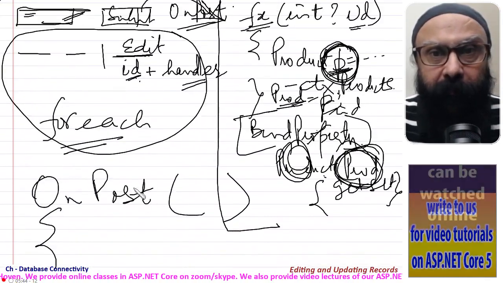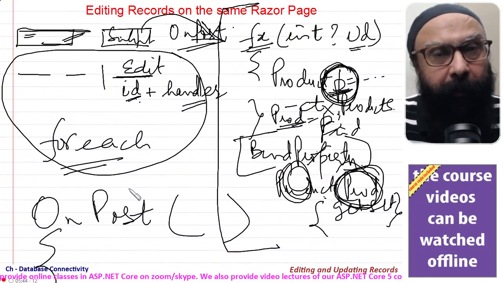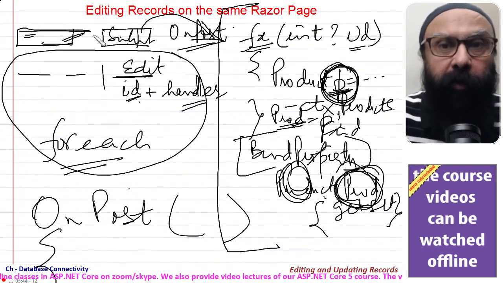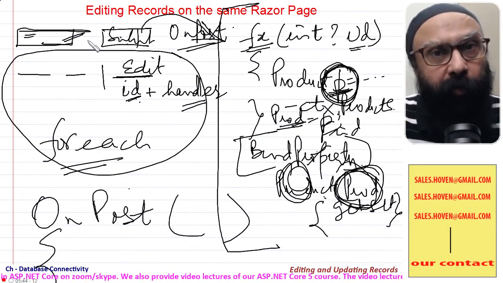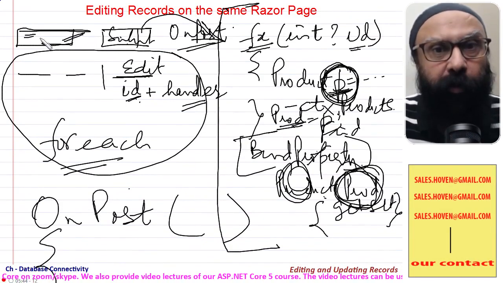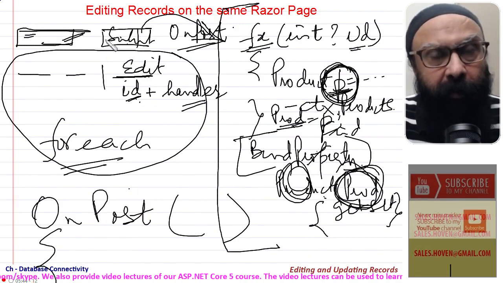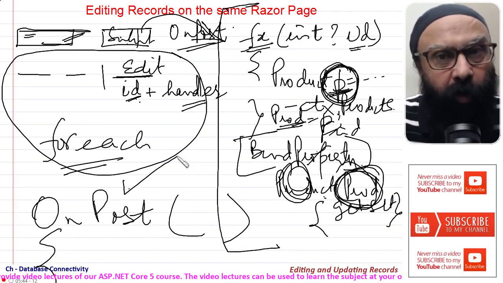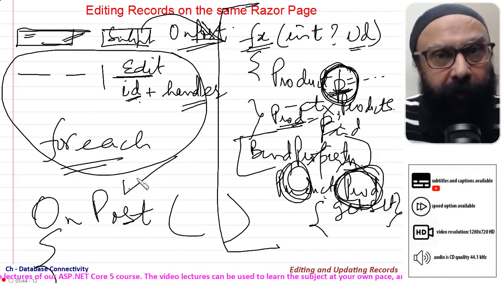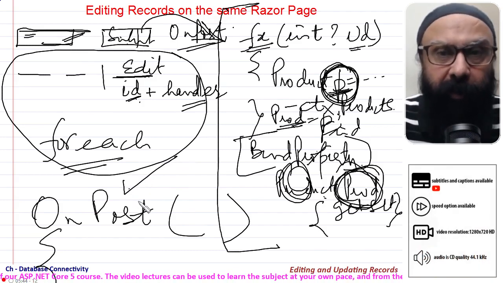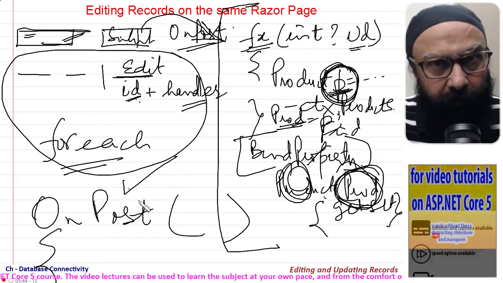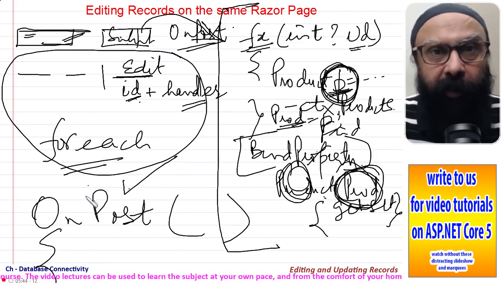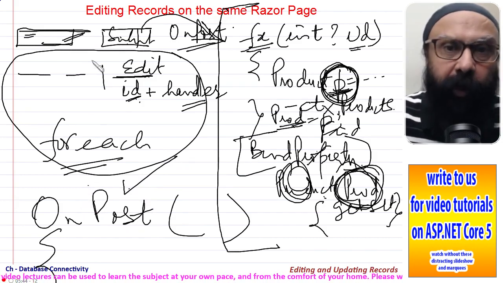Remember that this same method is called when you are creating a new record, like when you are entering something and submitting, you are creating a new record. Even then the same method is called, and when you are updating the record, even then the same method is being called. So this is one method that is serving both the purposes. One is during data